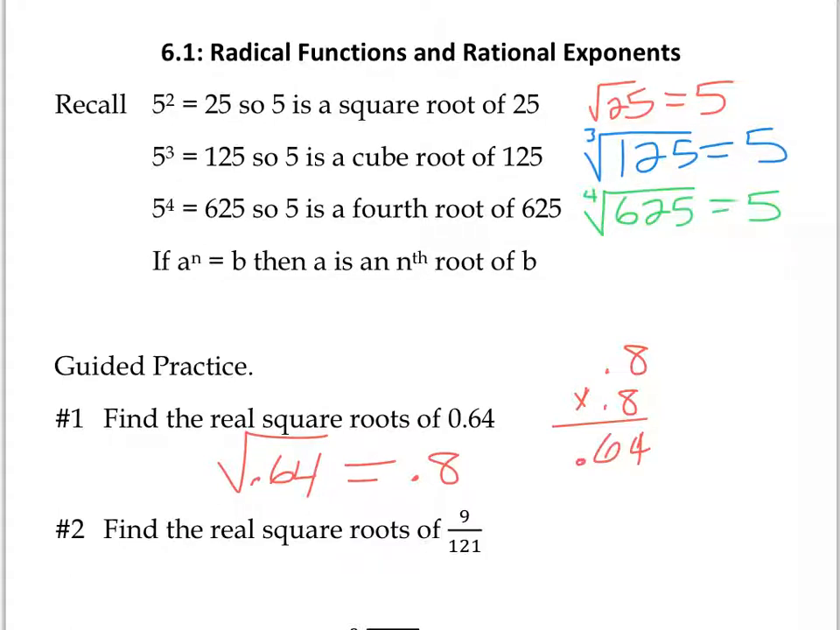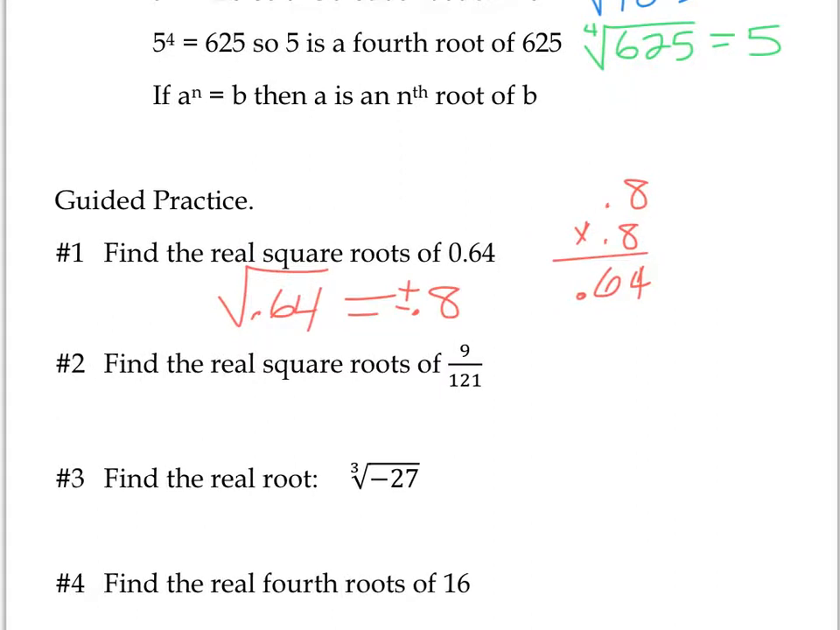We want to be careful here as well when we take the square root like that to indicate it's plus or minus 0.8, because negative 0.8 times negative 0.8 also gives a positive 0.64. So when you take the square root of a number, you can get the positive or negative value of that number. All right? And if we look at some other examples as we continue down here,